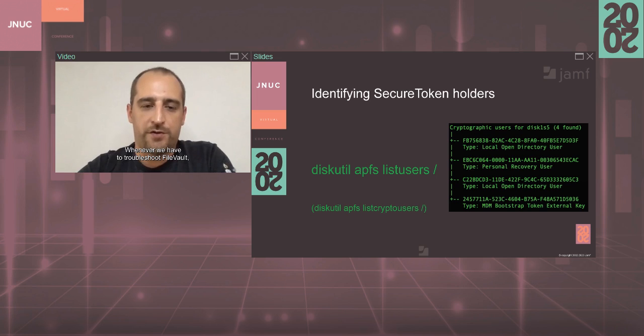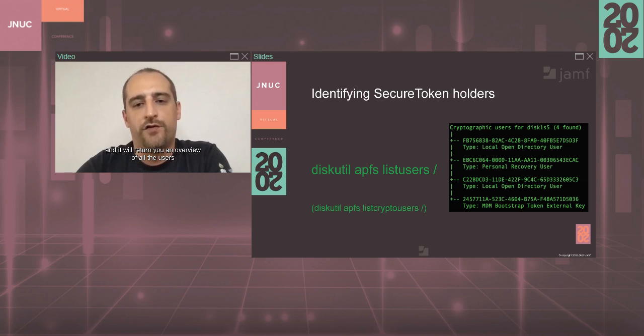Whenever we have to troubleshoot FileVault, the first thing we always have to do is to check which local account has a secure token. And for that, we can use the diskutil apfs command. I started using listCryptoUsers, but if you have a look at the manual of diskutil, it actually says that the correct command is listUsers. Both work with a / at the end for the root of the volume, and it will return you an overview of all the users or all the records which have something to do with